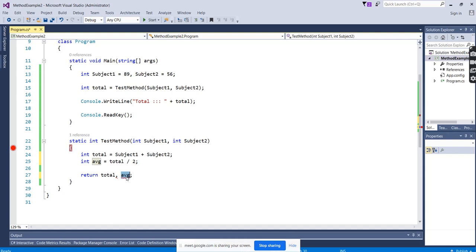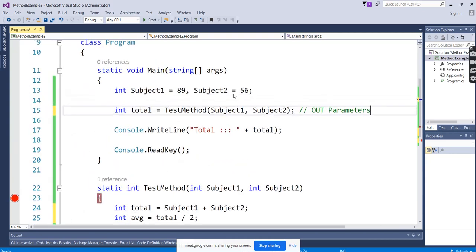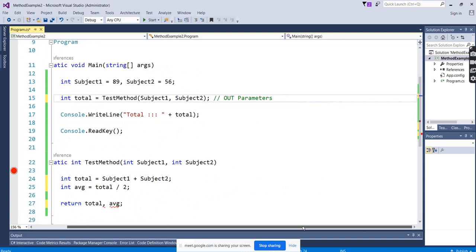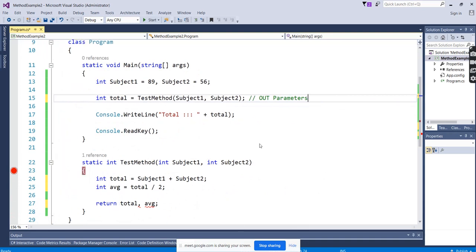Okay, the solution for that is we have to make a small change. So here comes the concept of out parameters. Out parameters, you can see this, right? Here comes the concept of out parameters. What will these out parameters do? The out parameters will make, I will create a comma. First you take the values, data type.